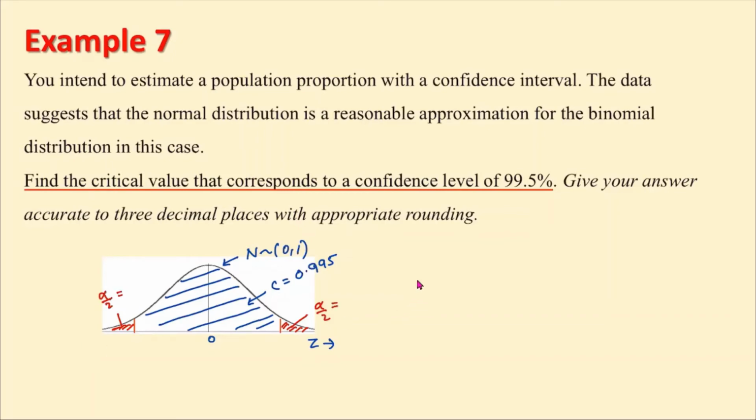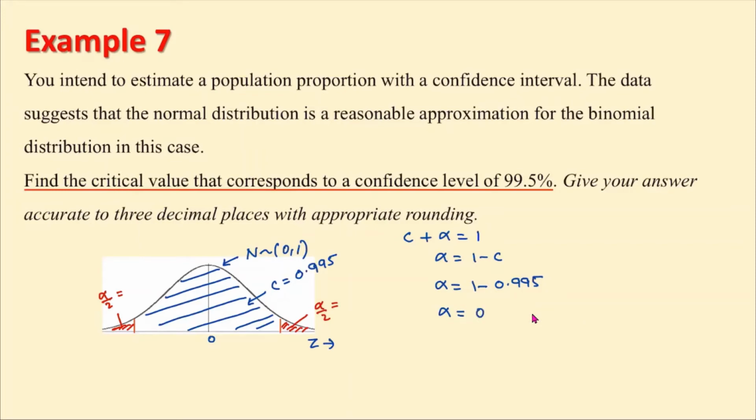What we know is if we add C and alpha, it is equal to 1. So alpha will be equal to 1 minus C. Our alpha is equal to 1 minus your C, which is 0.995. So now if you subtract that, you can see it will be 0.5%